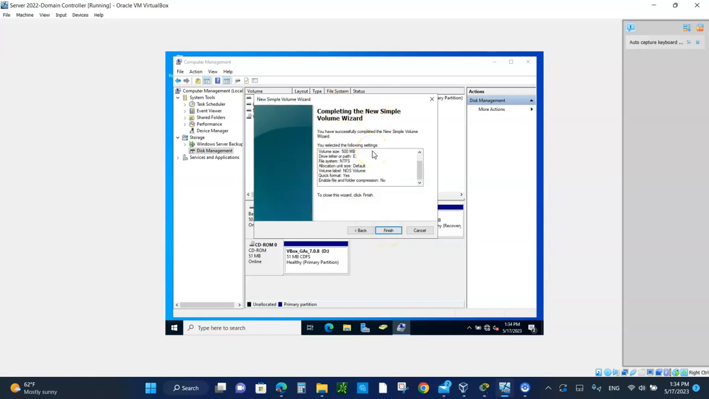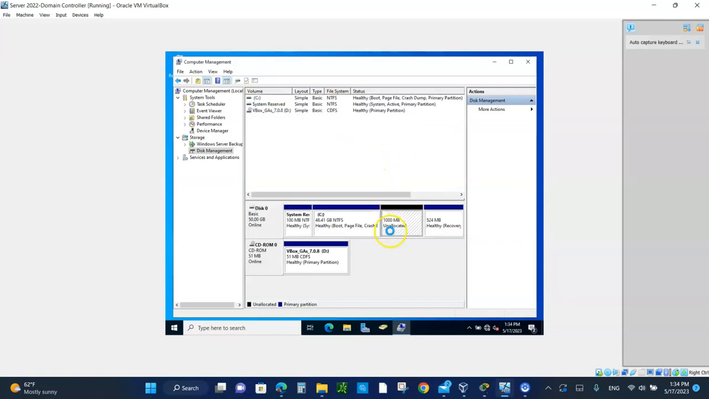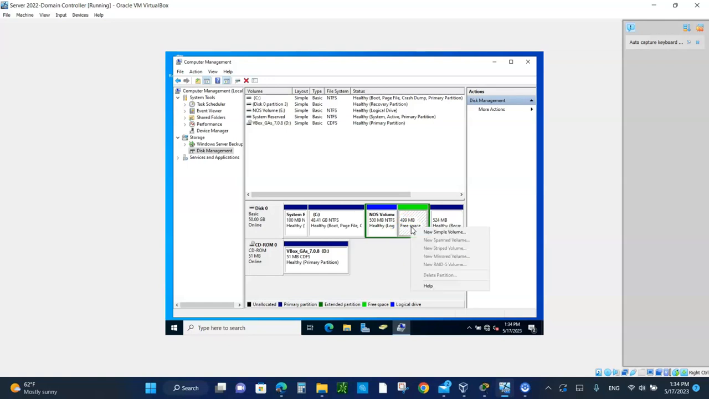And there is the summary of what we have done. You click on Finish, and there is your Network Operating System drive E. You can do whatever you want in it, by the way. All right, now let's look at this free space right here, and if you right-click on it,